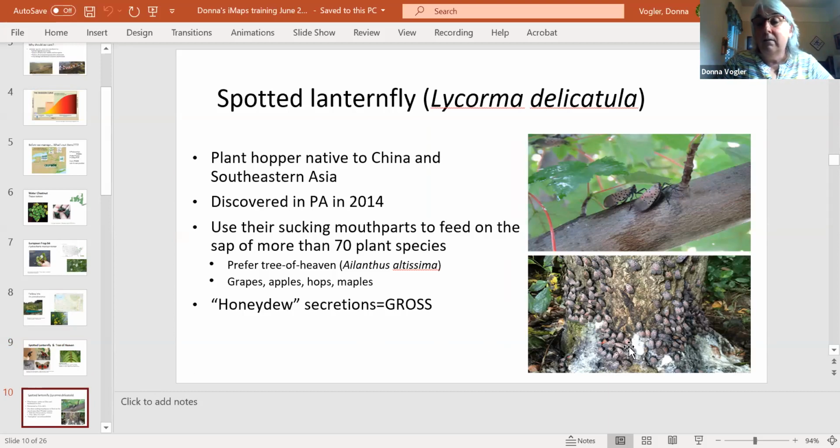And they can congregate in the hundreds, if not thousands. There are some really almost freaky videos out there of them. They are not only causing damage to the trees and the woody plants that they're on, when they tap in, they suck out the juices and then they poop out this, quote, honeydew, which is a really sticky mass that also grows fungi, and it really makes things unappealing.